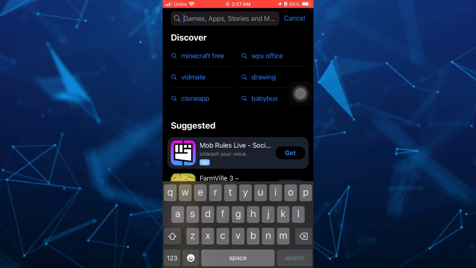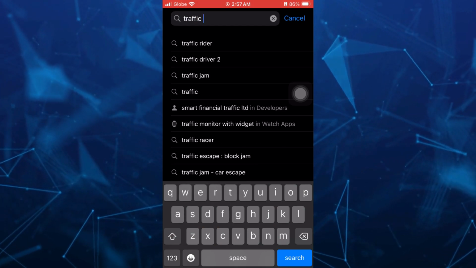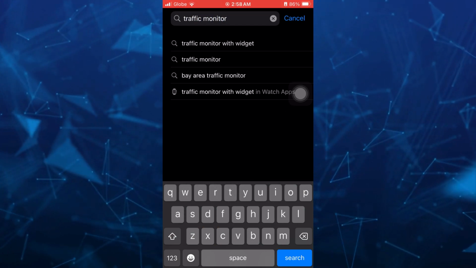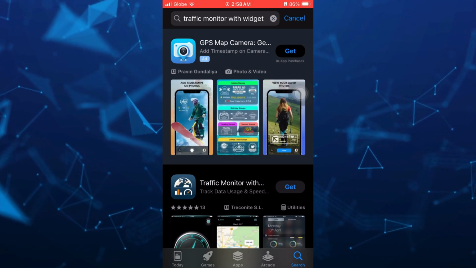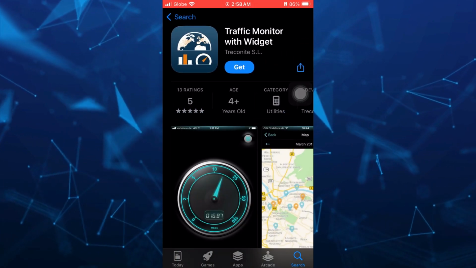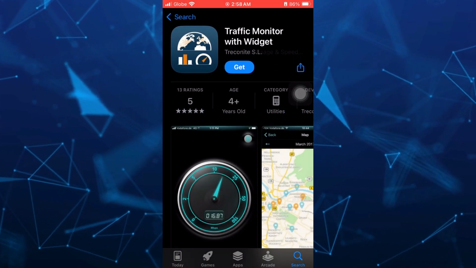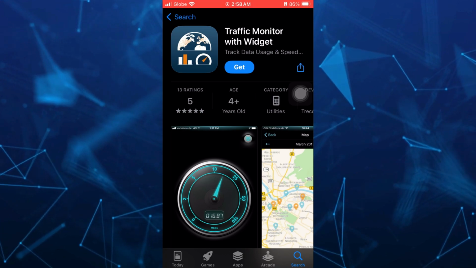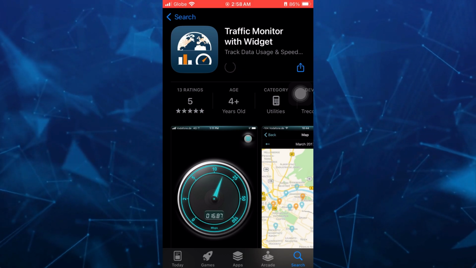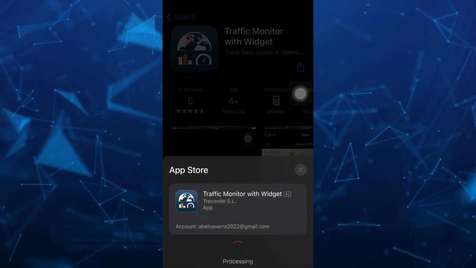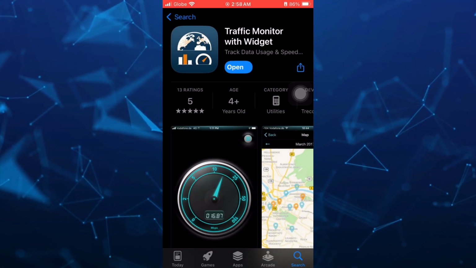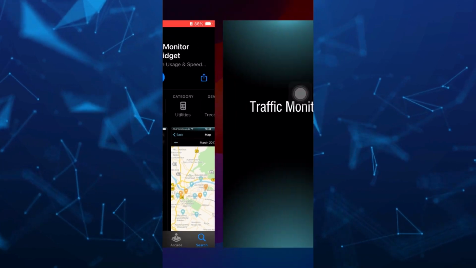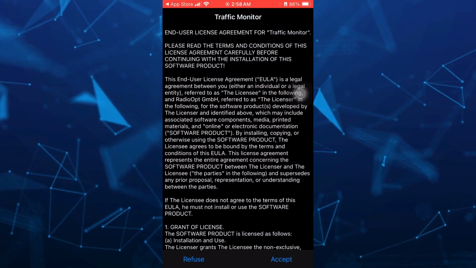And go to the search box at the top and just type right here traffic monitor with widget. Once you've done, just need to tap on search, and then here you just need to download and install this application here. So you just have to tap on this get button, and once you've done installing or downloading this app, so what you're going to do here, just need to tap on open,